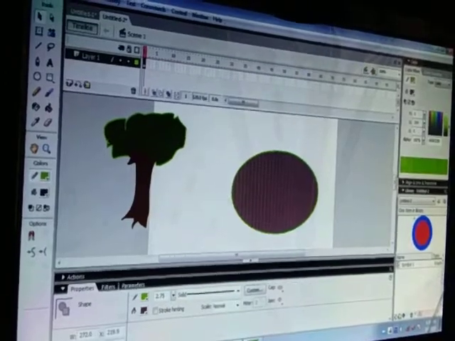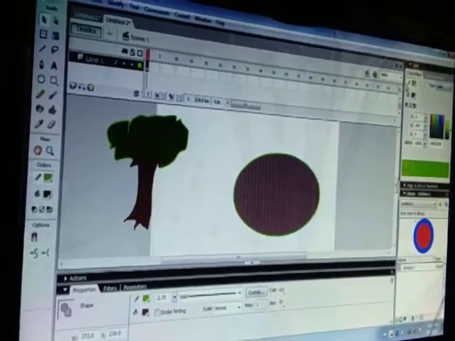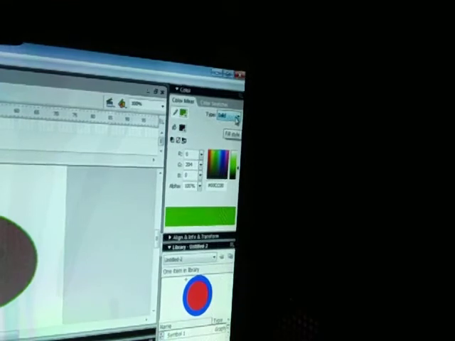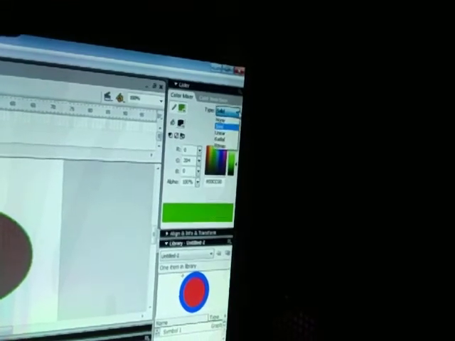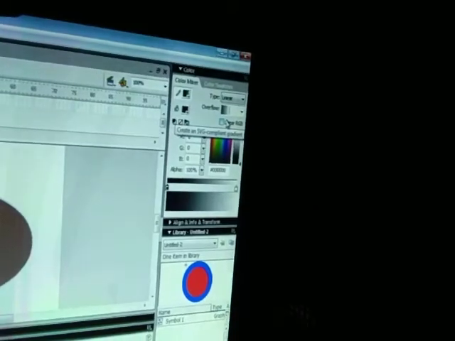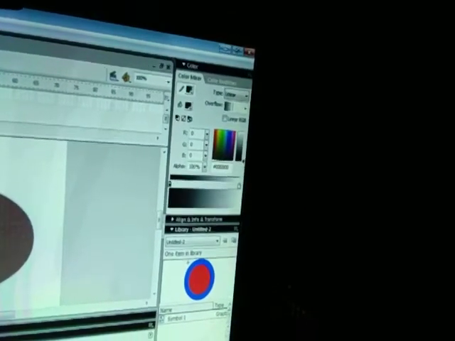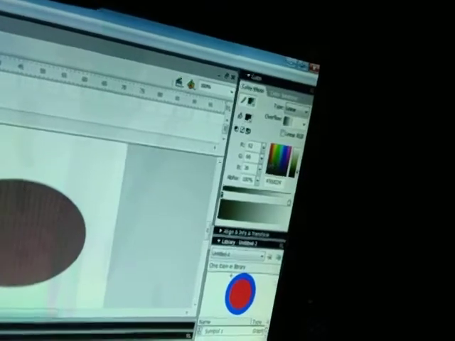So you can go to the color mixer. You will see that here in the color mixer you can select solid, or you can select the linear option here. So the linear option is appearing over here and you can make it this way, and you can change the color to whatever you want.